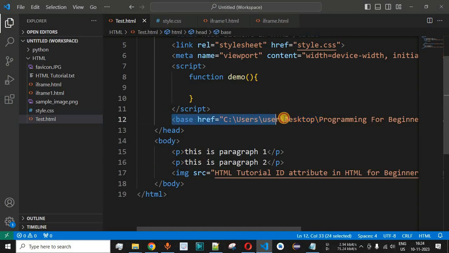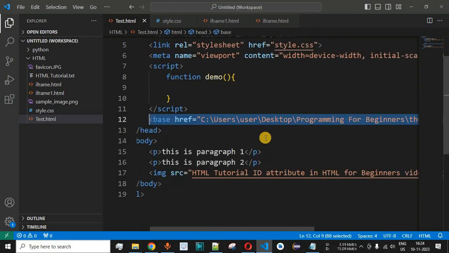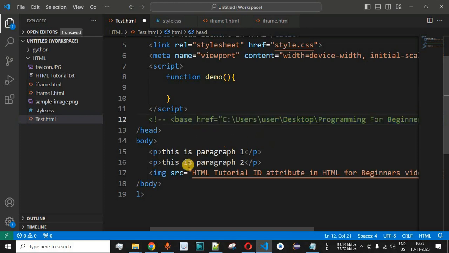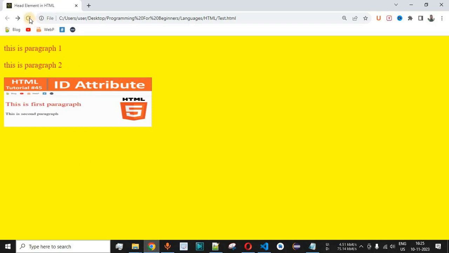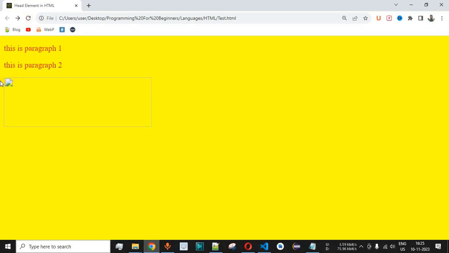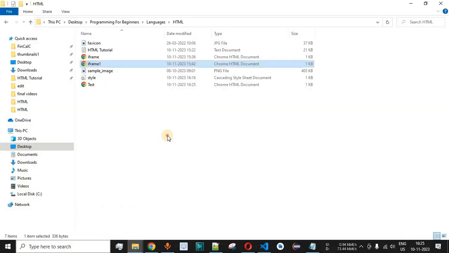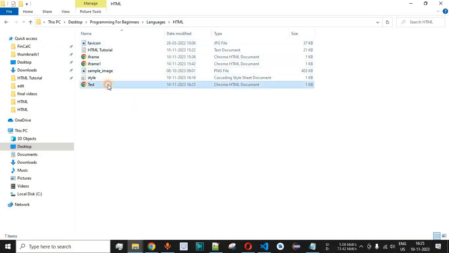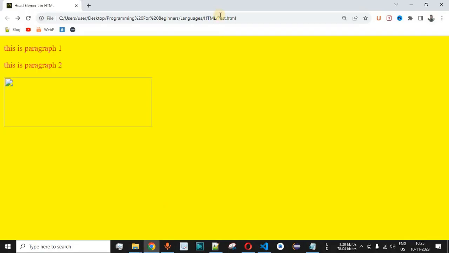Now guys, let's say we don't provide this base tag in this case. So I'll just comment out this particular line by using the control and / keyboard keys on the Windows. So let me just save this file now and let us see whether this particular image will be displayed right now. So basically when we reload this page once again, as you can see, the image is not being displayed. That's because the HTML page is trying to find the image over here in this particular directory where the main HTML file is present, that is test.html, which we are viewing right now.